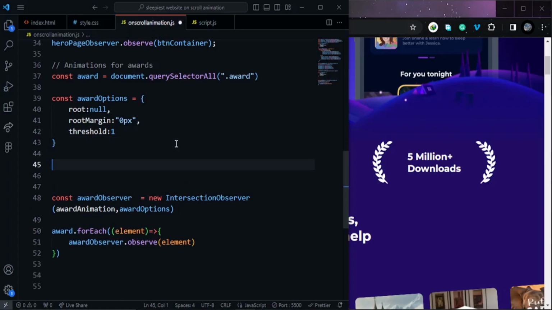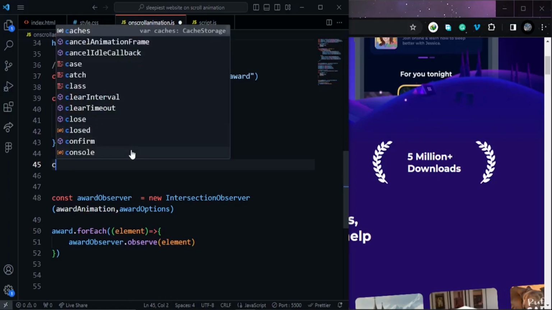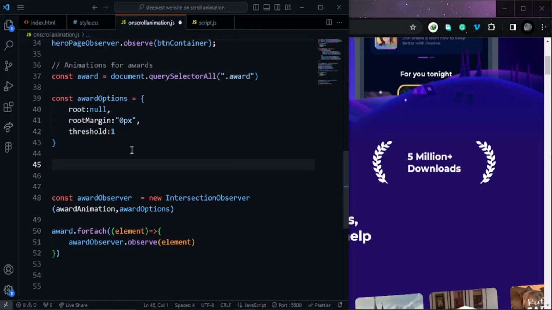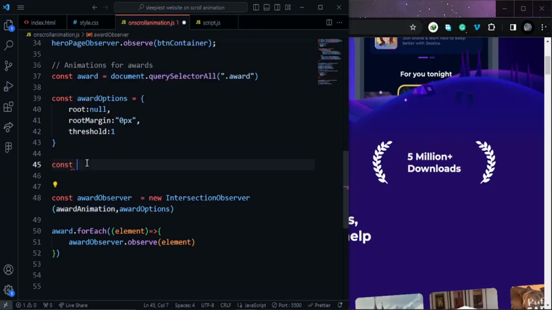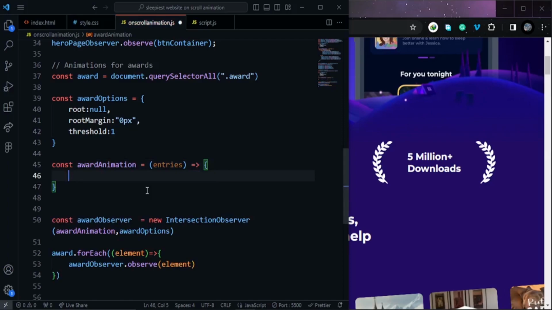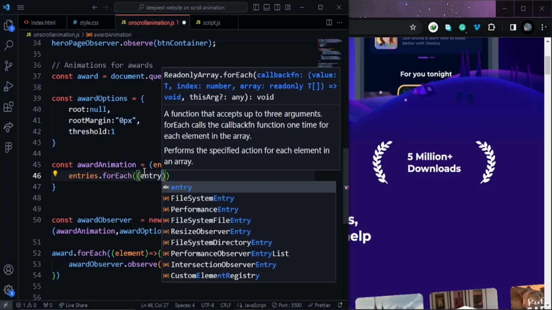So next, when the target element reaches the specified percentage of the threshold, the callback function is called. So we are going to create the callback function, and we're going to name it awardAnimation. And as the previous, it accepts one variable, entries, and inside this callback function, we're gonna iterate through this entries variable with forEach, and the entry again,